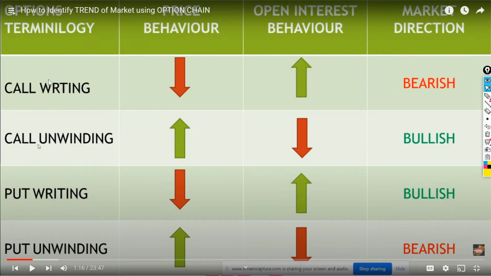Ideally, yes. Whenever the premiums are increasing, this is the contra. Whenever the premiums are increasing and the open interest is decreasing, what does it show? Whoever has sold the call will definitely unwind their position, because they want premiums to come down, but premiums are going up. What does that mean? That is going against the option seller, so the open interest will start decreasing.